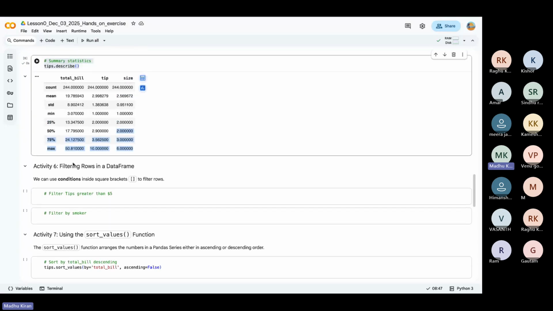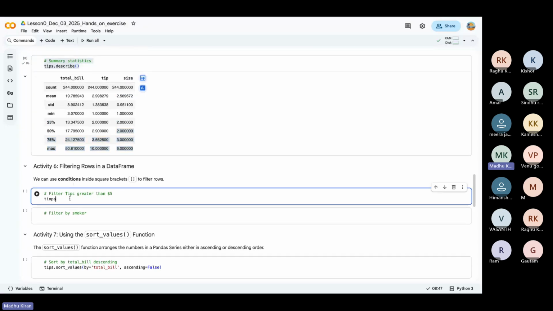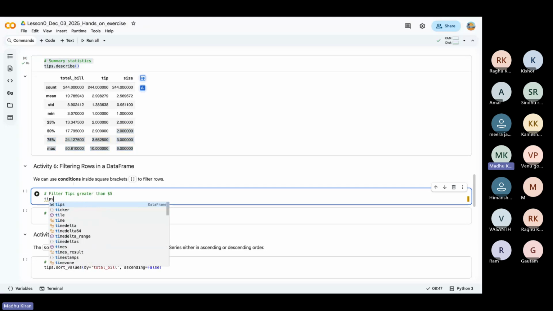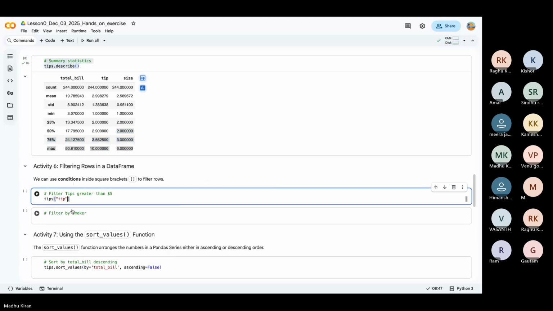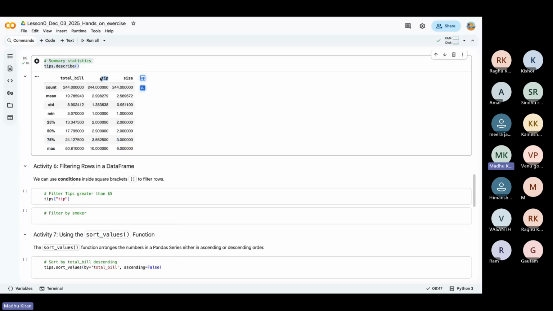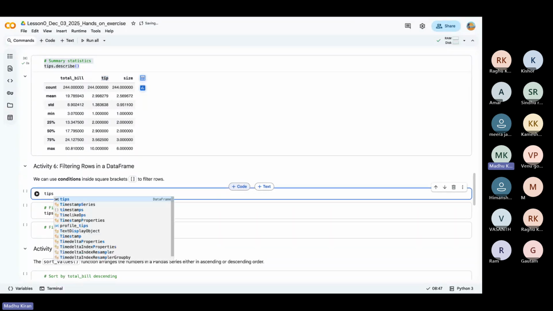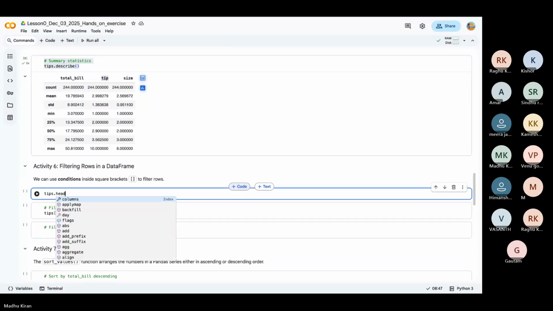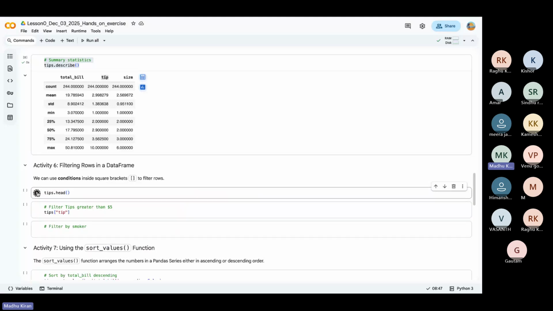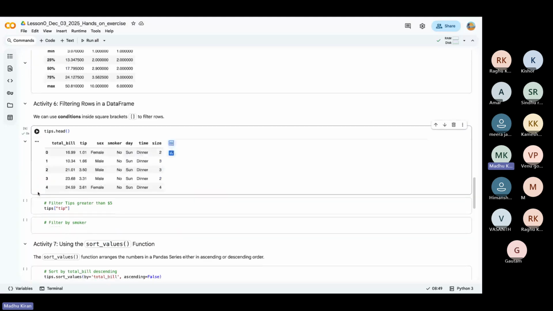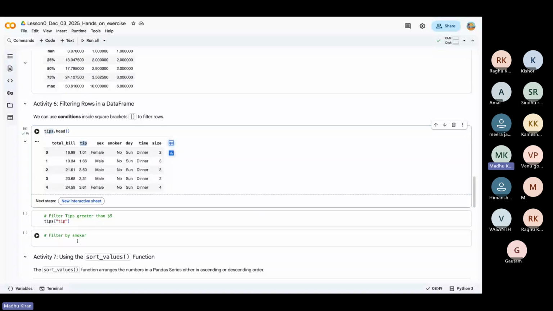Even for filtering the data, you have this tips data, right? I want to get only the rows where the tips are more than $5. So I'm doing the filtering on the tip column. There's this tip column where this tips data is there. When I want to get only one particular column from the data frame, we call it a data frame. If I just want to get one particular column, the syntax is the name of the data set and the column name inside these brackets, like this.